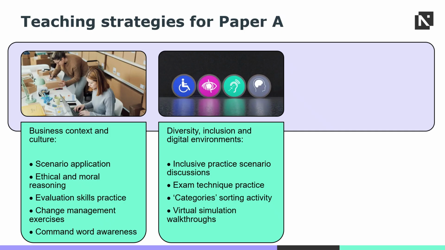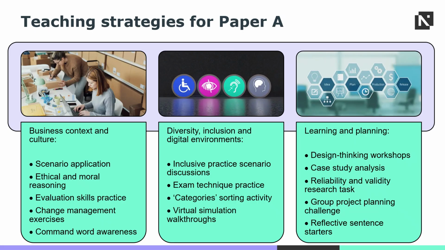pros and cons of things like AI usage in business, and get them to write short reflections linking to company reputation or culture. And practise teaching evaluation skills, so using things like the PEAL or PEAC model: point, evidence, explain, apply, conclude. And get students to practise extending short answers into 4-point paragraphs with scaffolds. You can use change management exercises, where students can role play a change advisory board meeting to make decisions